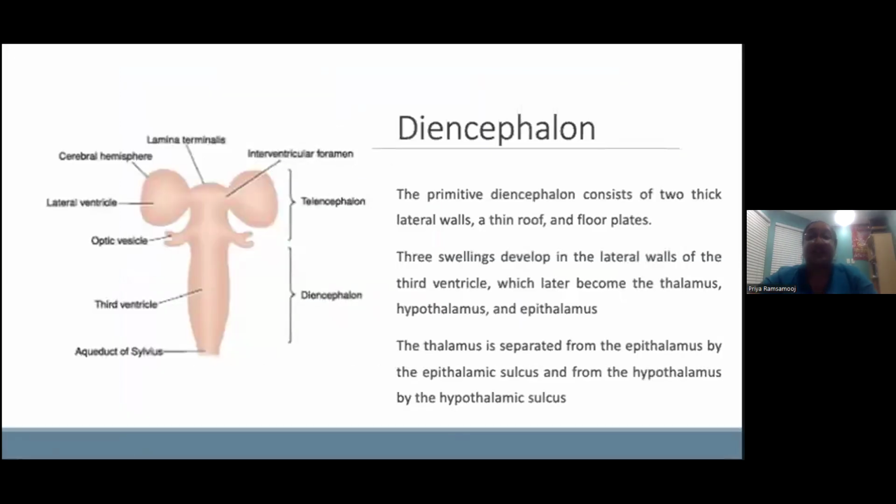So moving on to the diencephalon. The diencephalon develops from the median portion of the prosencephalon, as I would have said. It consists of two thick lateral walls, a thin roof, and a floor plate. And you have three swellings developing in the lateral wall of the third ventricle, which then become your thalamus, your hypothalamus, and your epithalamus. And of course, we would have mentioned that the cavity is going to become